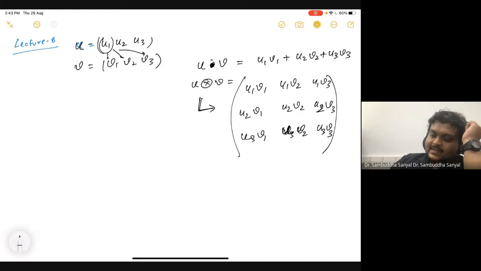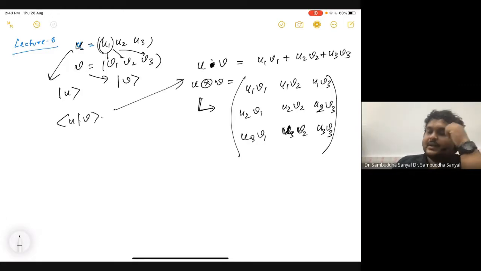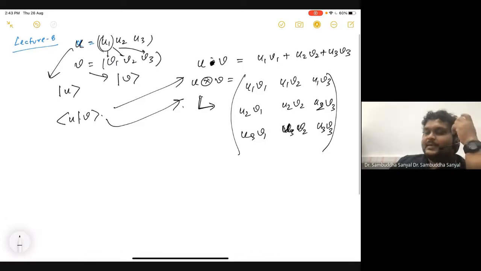Okay. So now, this is equivalent to basically this. If this is your U, written like a row vector, and this is V, which is also written like a row vector, but you want to do U dot V. So then one is a row, another is a column in one order. This is the other order. One of them gives you a scalar, another gives you a matrix.